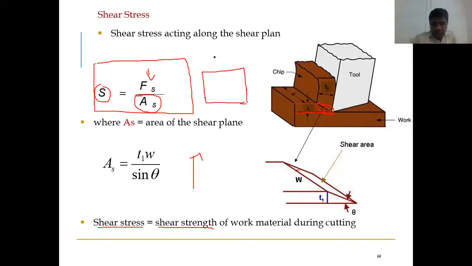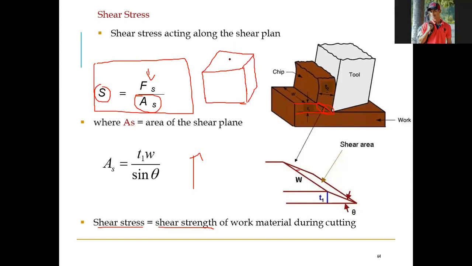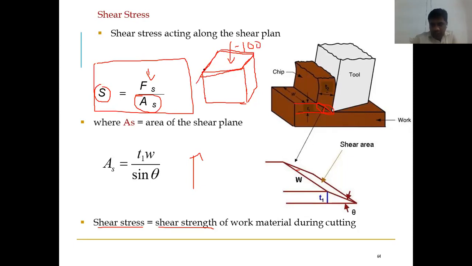So this is a body, right? Assume this is a three-dimensional body. In that we are applying some kind of force, and that force here is nothing but Fs. So Fs divided by whatever this area is, this is called strength, right? Just assume Fs is 100 kilonewton, and this is 10 by 10. So 100 kilonewton divided by 100 mm square, 10 into 10, will give you the stress. So 1 kilonewton per mm square, that is called stress, right? Okay? This is stress.